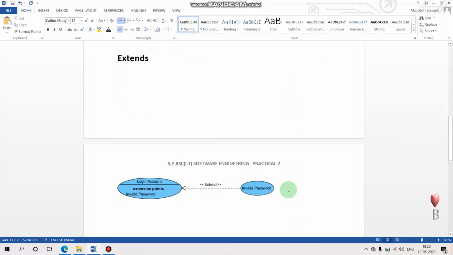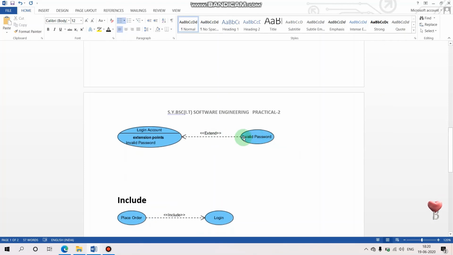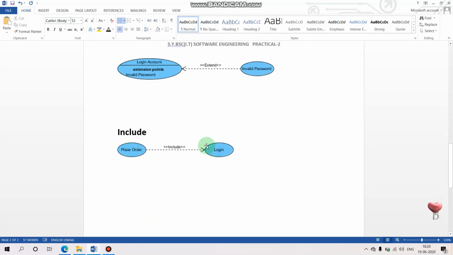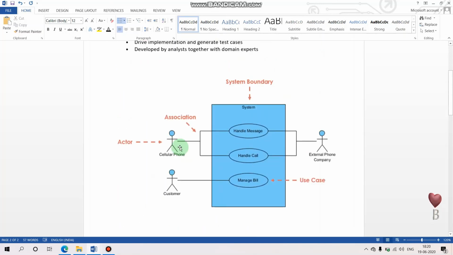See, extend is something like this: invalid password, then it extends what else I need to do for that. And include is, if you want to place the order, first you have to do login. So this much is all the use case diagram is about.